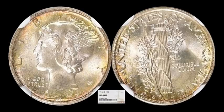And we do have a Mercury, this time a 1942-S. This one is an NGC Mint State 68 Full Bands. Very nice, original, pleasing coin with some of the peripheral toning, very light on both the obverse and the reverse of the coin. Overall, just a very, very nice, beautiful example. This one right here sold for